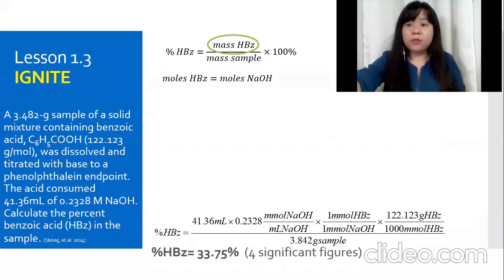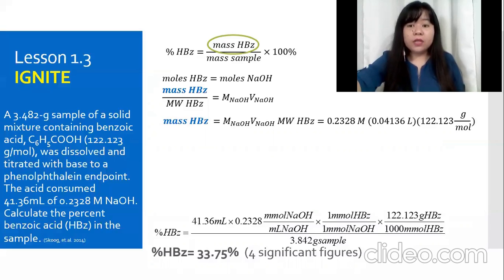In this case, the number of moles of benzoic acid can be computed by dividing the mass of benzoic acid over the molar mass of benzoic acid, and the number of moles of NaOH simply equals the molar concentration of NaOH times the volume of NaOH. So we can rearrange this equation to solve for the mass of benzoic acid, and we can substitute the values given by the problem